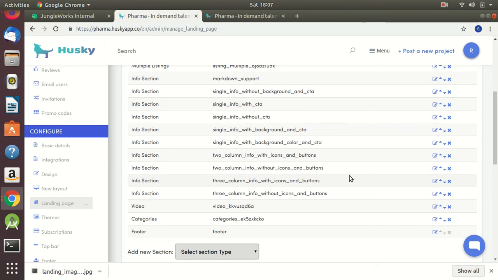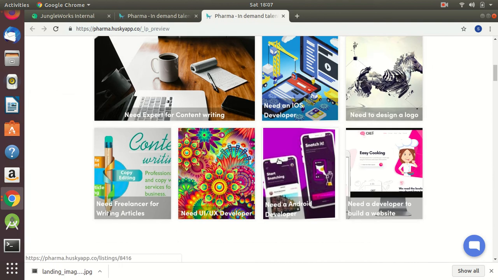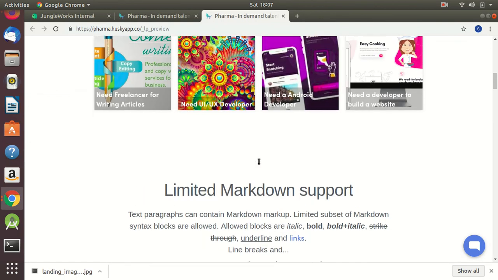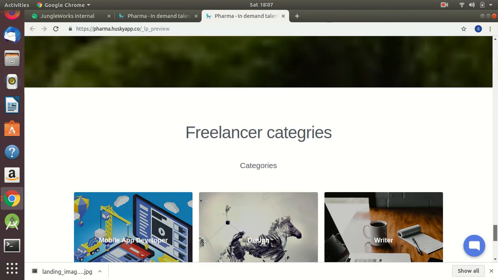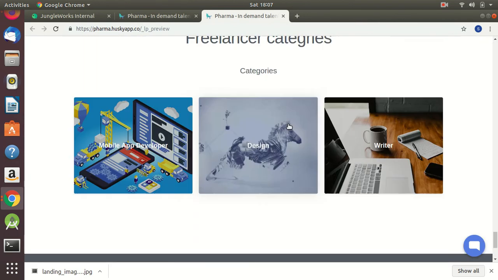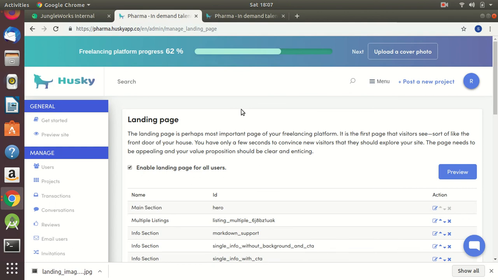To see how the section looks, the admin can click on the preview button instead of saving again and again. This way the admin can set up the main sections for his landing page. We have all the sections, and the landing page is fully configurable in the Husky platform. Thank you everyone.